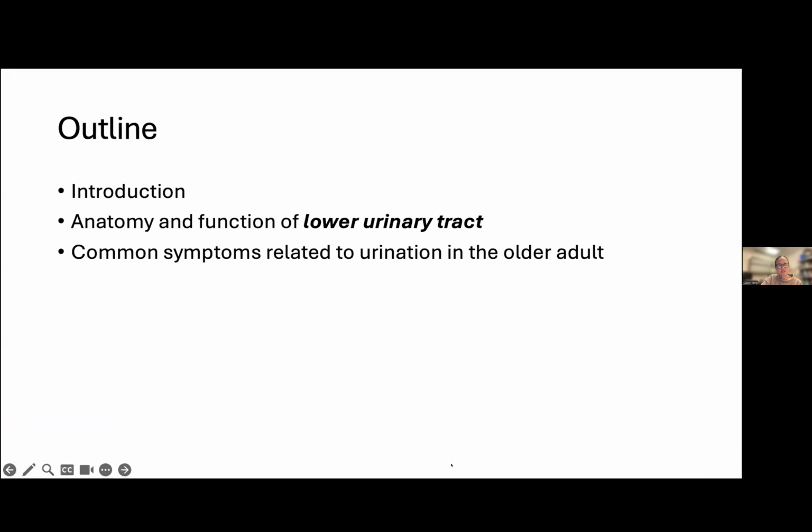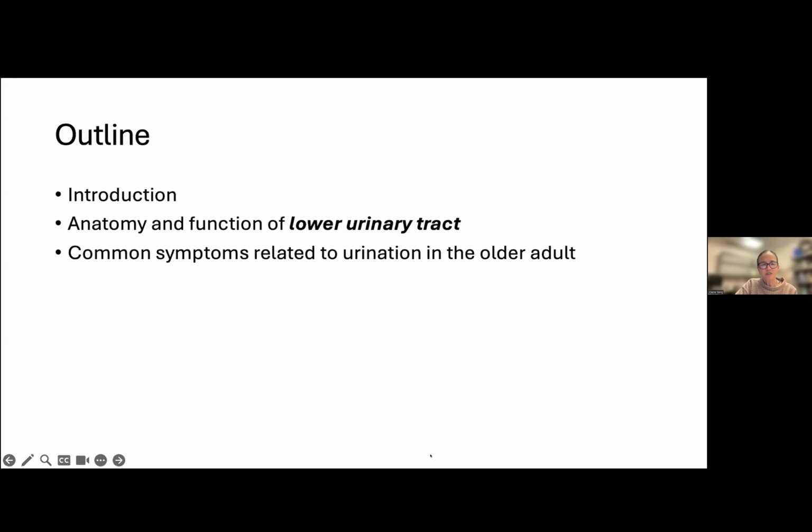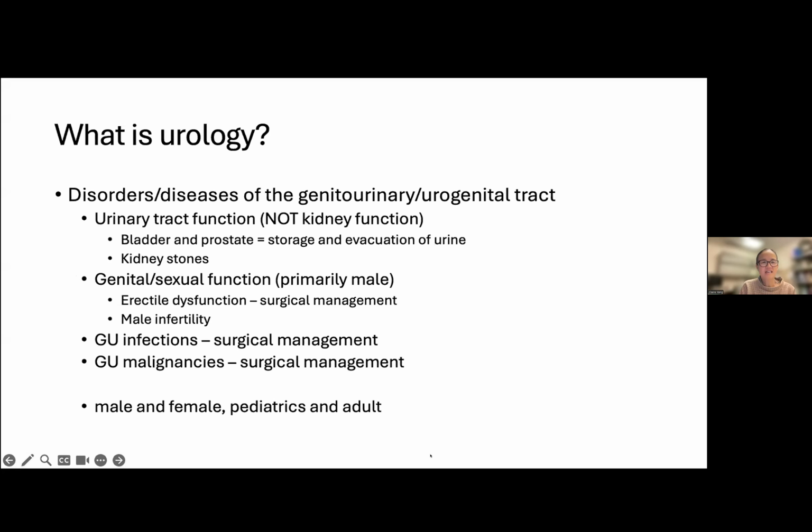So after a little introduction, I will review some of the anatomy and function of the lower urinary tract, which is what we're going to focus on today, and common symptoms related to urination in the older adult. So what is urology? After 35 years in this business, my practice is a referral practice, and I see referrals and questions posed by my referring colleagues,